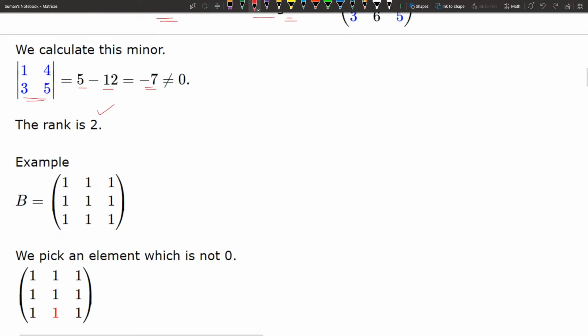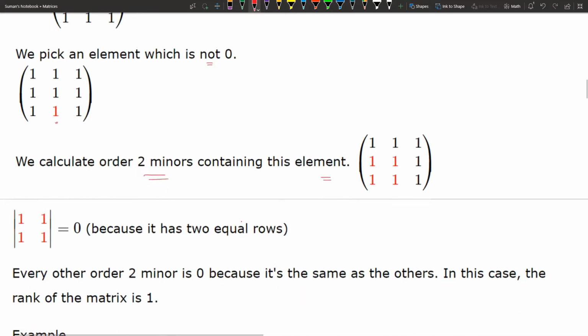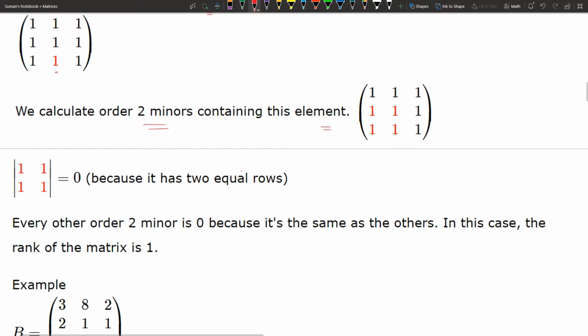Let's check another example. Suppose here all the elements of the matrix are 1. So we pick any element which is not 0, obviously any 1, and that is pointed here using the red color. So we calculate the order 2 minors containing this element. So we are getting 1, 1, 1, 1, and that must be 0 because it has 2 equal rows.